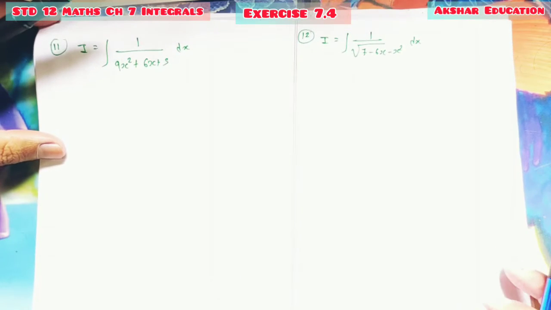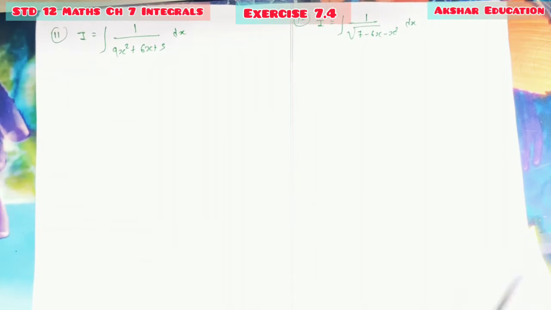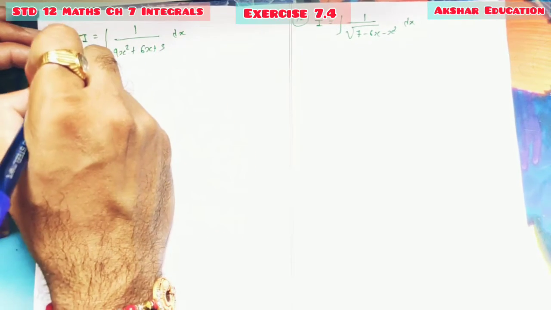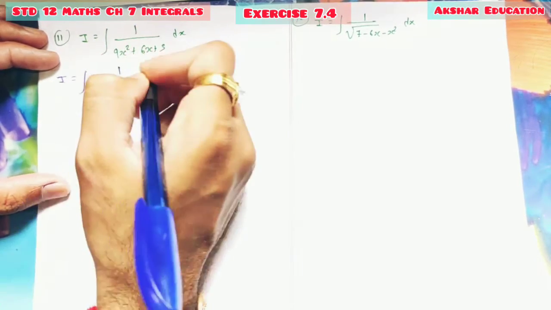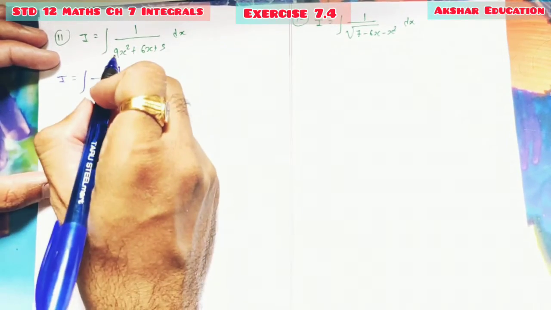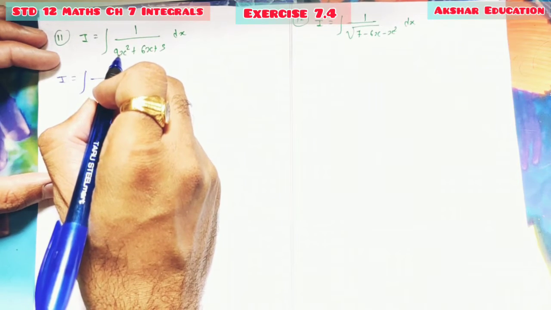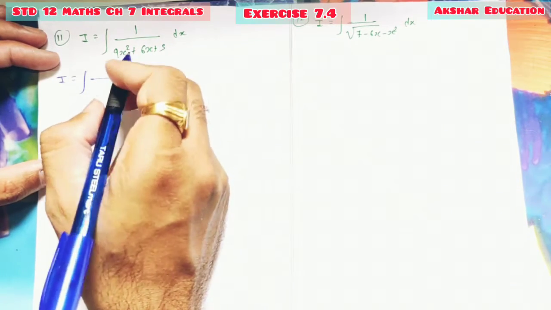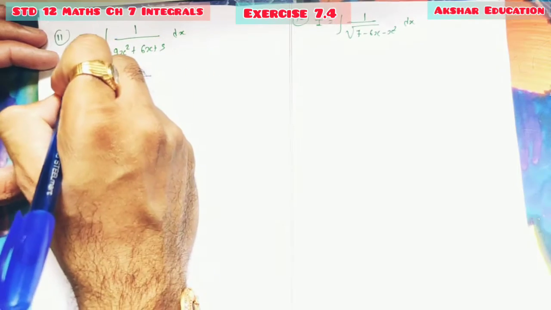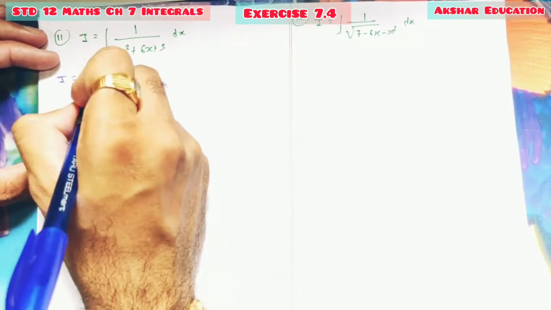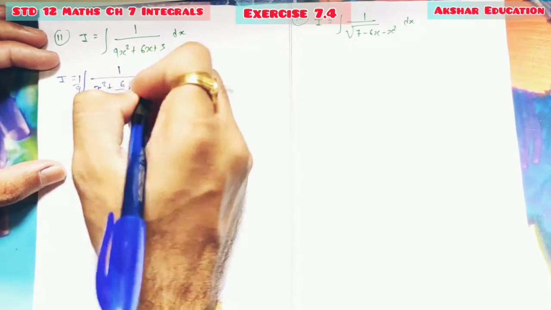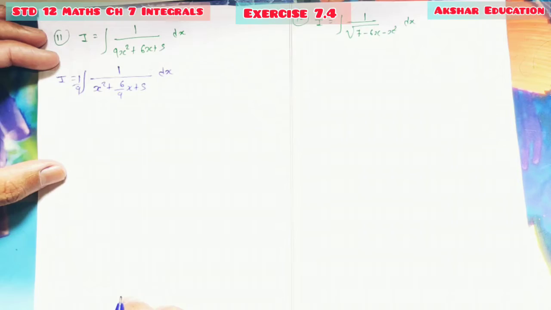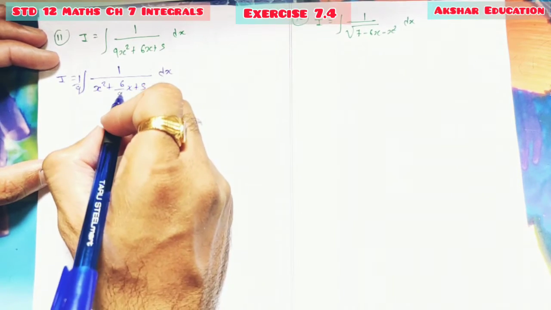first we have to convert this given polynomial into our formula. So for that, remember your completing square method. First we have to remove the coefficient of x square, so you have to divide this polynomial by 9. Taking this 9 as a constant common, we get 1 by 9 common, so this will be x square plus 6 by 9 x plus 5 dx. Done. So now you have to consider the coefficient of x.